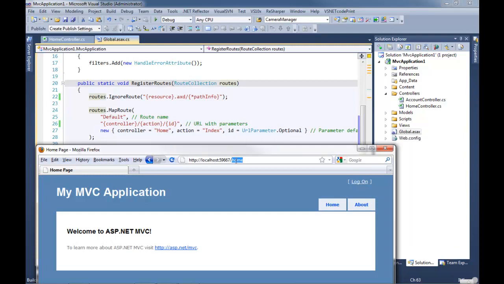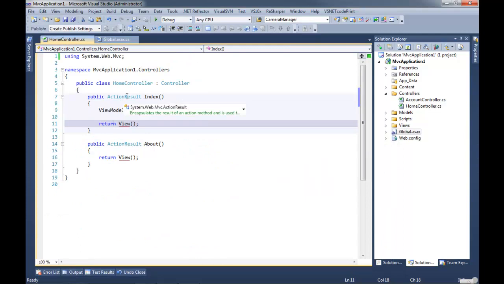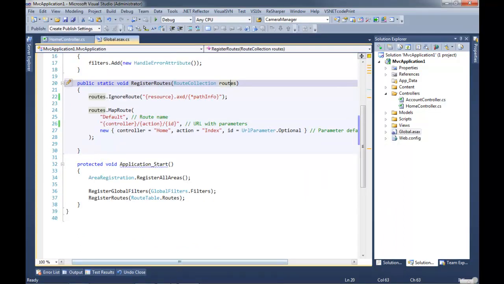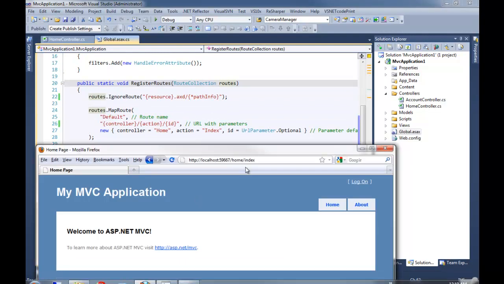So this matches the home controller. Controller becomes home, which is the same as the default. This matches the index action. Remember, actions are public methods on the controller class. So index is an action. And then when I hit enter, the